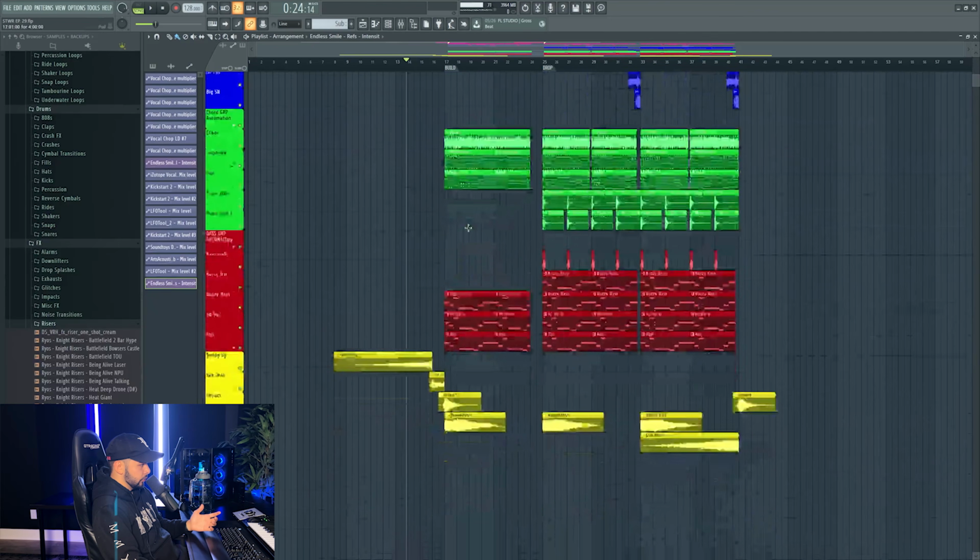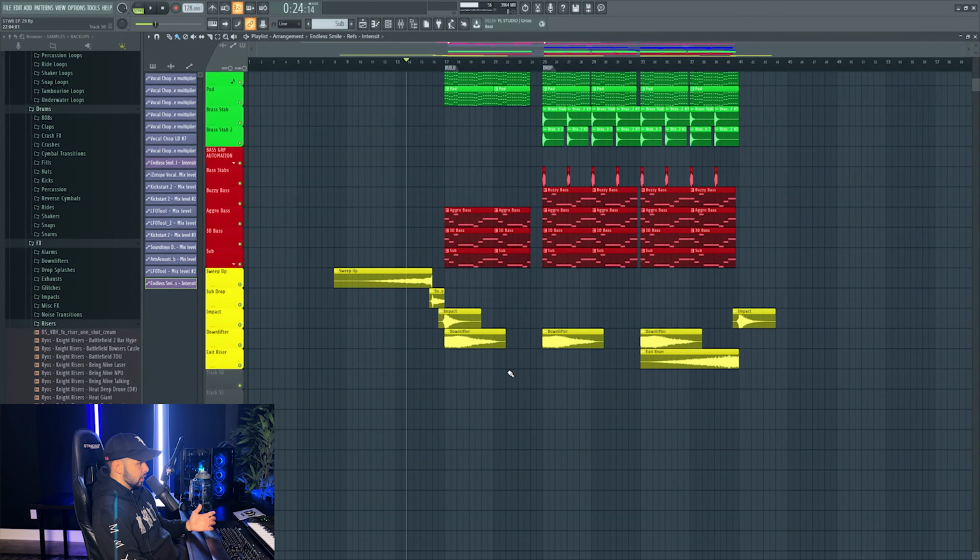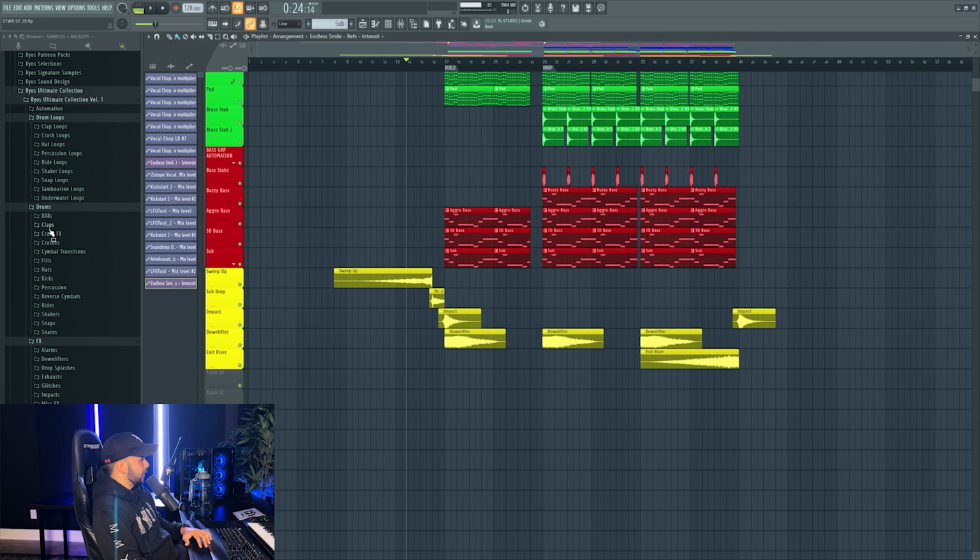All right, so now for the build. Obviously, we have a lot of good elements here already, so there's not much that we need to do here. Maybe just some small risers and build drums and stuff. Nothing crazy. I kind of want this to be more of a smooth build-up, I'd call it. So with that being said, maybe we'll only do drums in the second half of the build-up. We can try that out first.